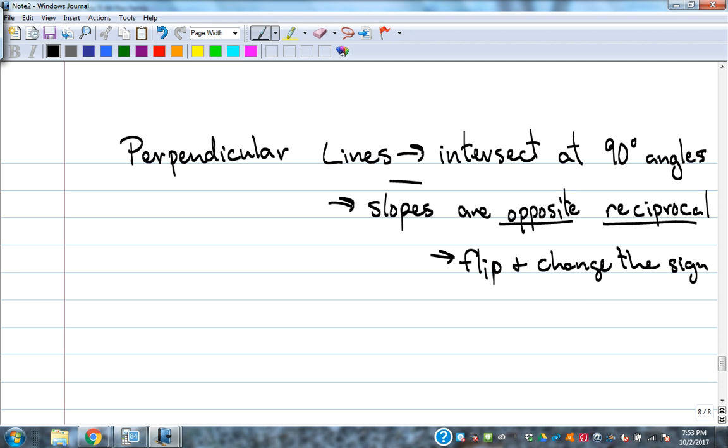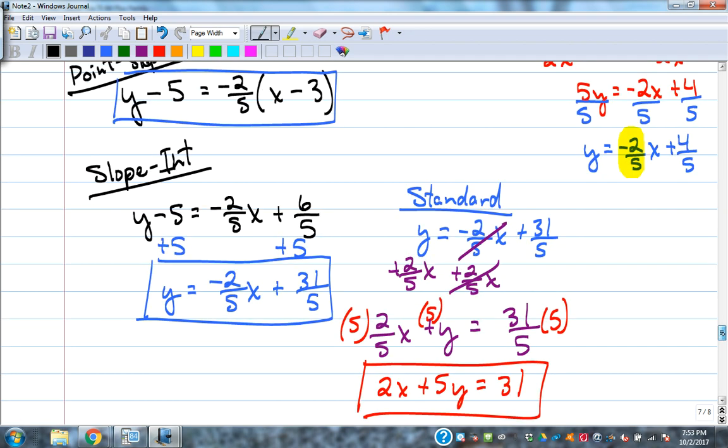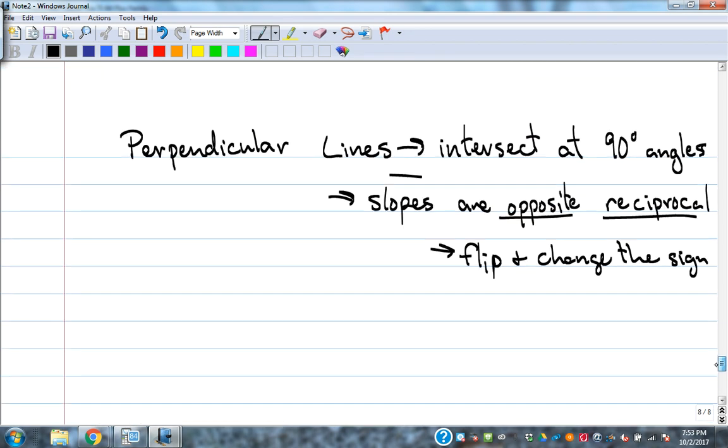Flip and change. Flip and change. Okay? Now, we want it through the point (3, 5)